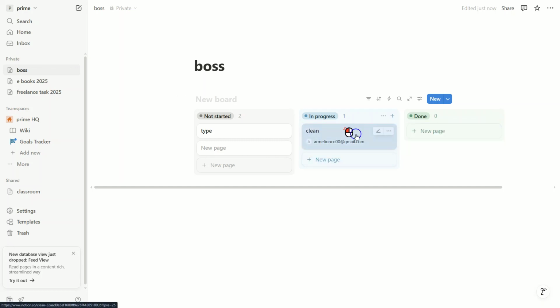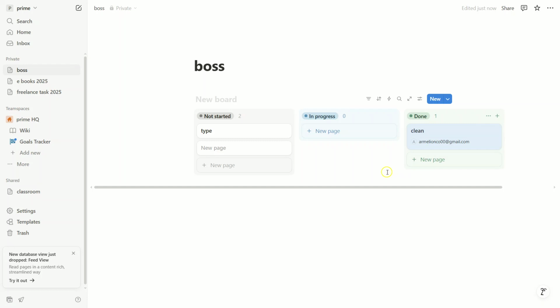And voila! You've created an interactive timeline in Notion. It's a powerful tool for managing your tasks, projects, or events. It's straightforward, yet flexible, and can be a game